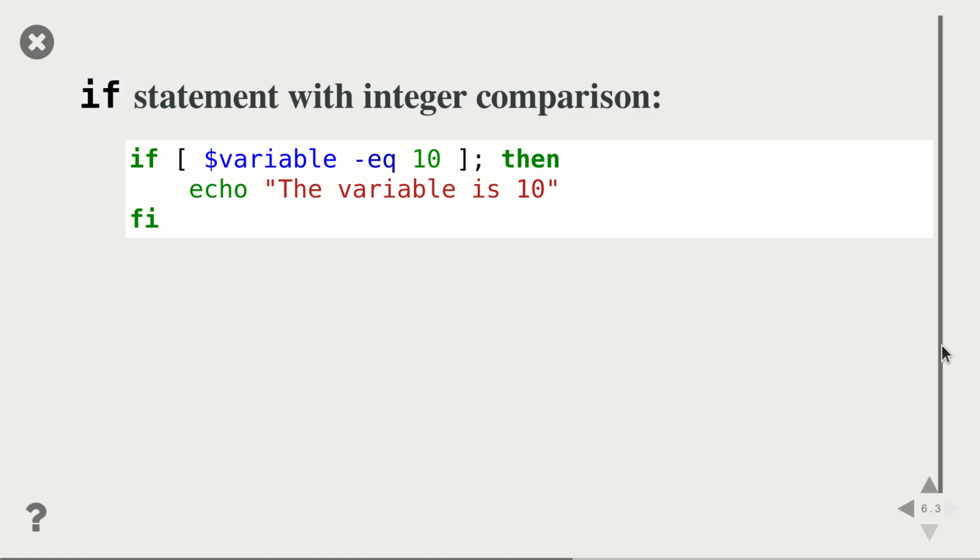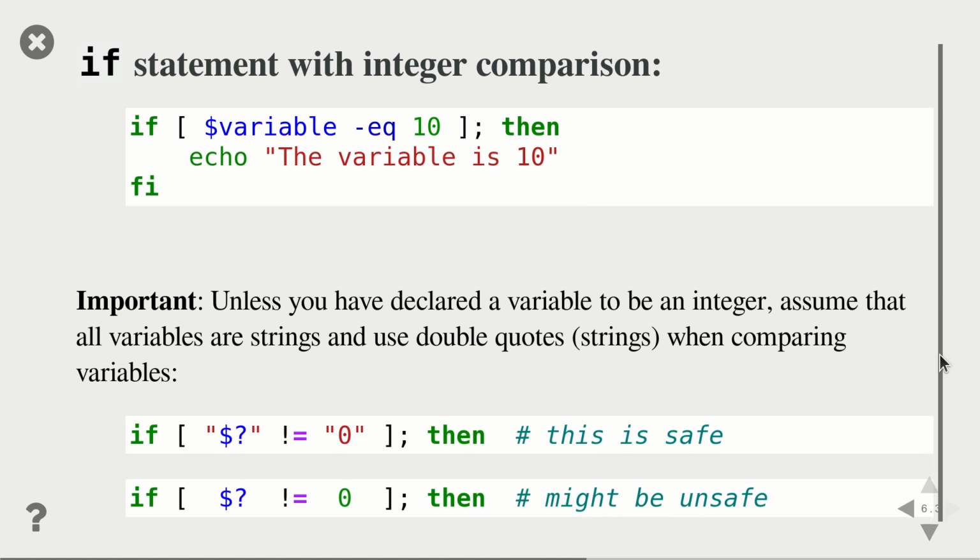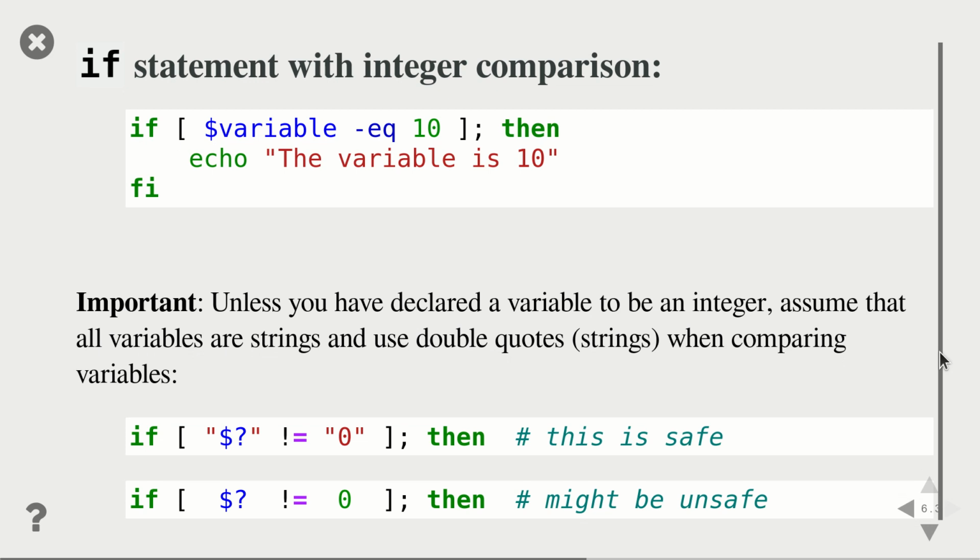There's just one thing that you need to be careful with. In this example where you do an integer comparison, you need to be certain that the variable here is actually an integer, because otherwise you end up comparing a string to an integer, which is going to give surprising results. So unless you're absolutely certain that this variable is an integer, it's actually better to always do